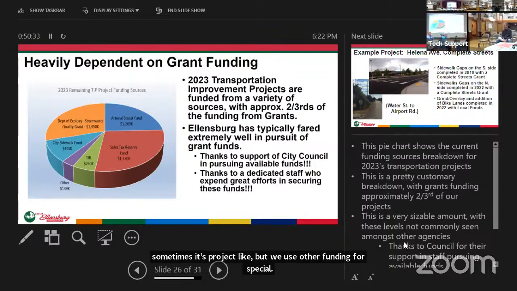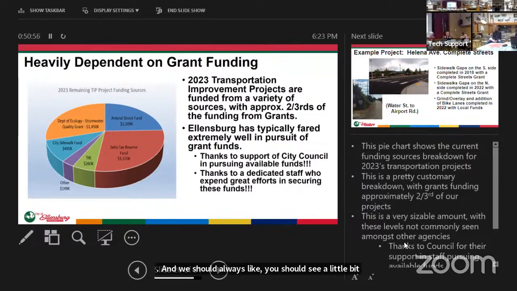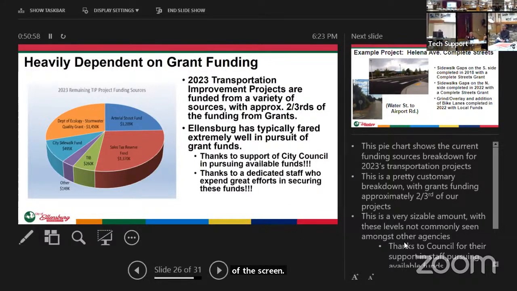For instance, the city gets motor vehicle fuel tax, a portion of which goes to the street fund, which funds things like chip seals for the street department. The remainder of that funding goes in the arterial street fund, and we very much cover that in bigger projects, maybe like a new project or a sidewalk, but we don't necessarily carve it out.